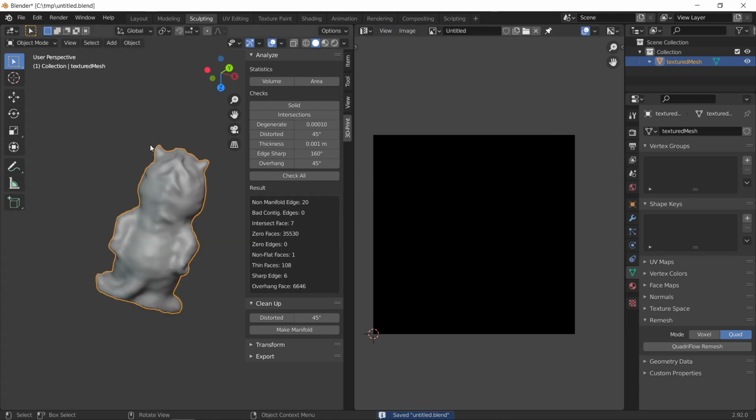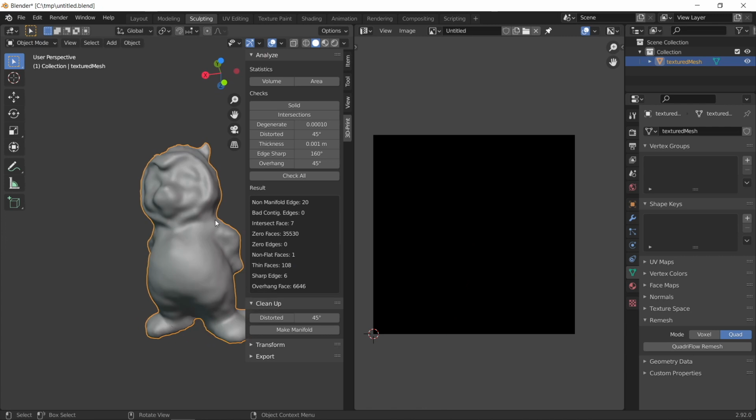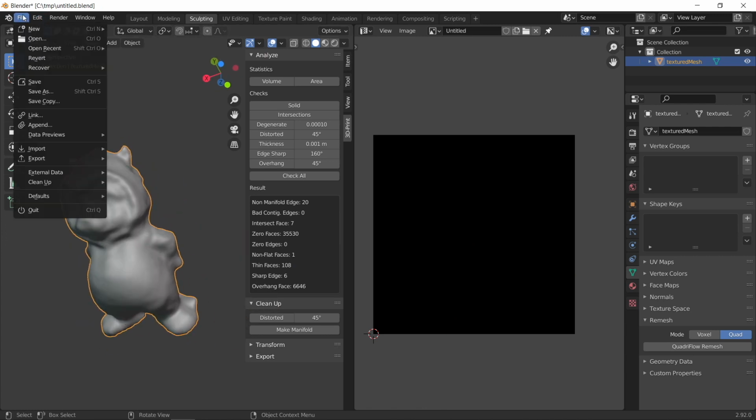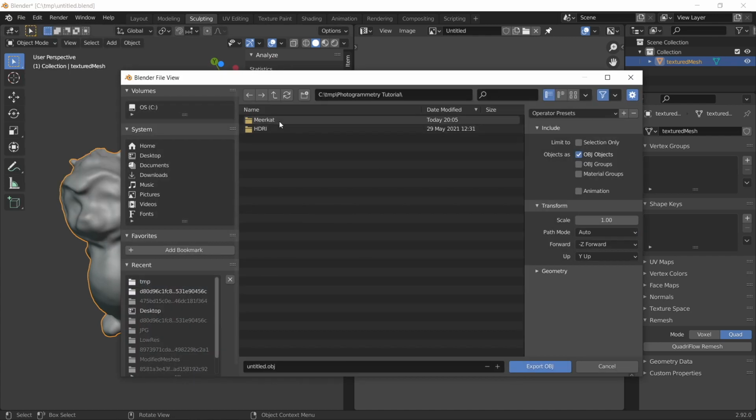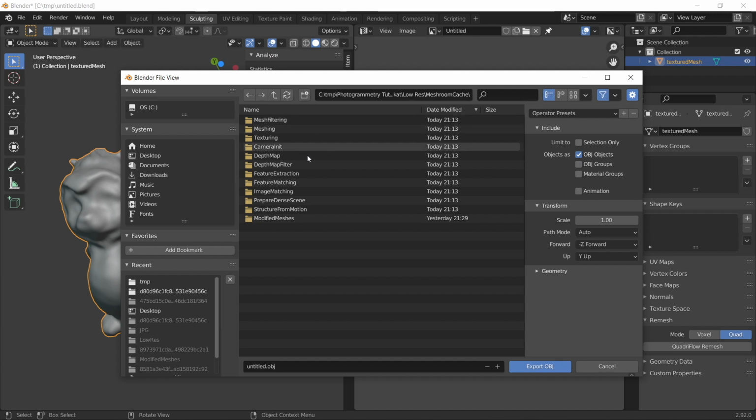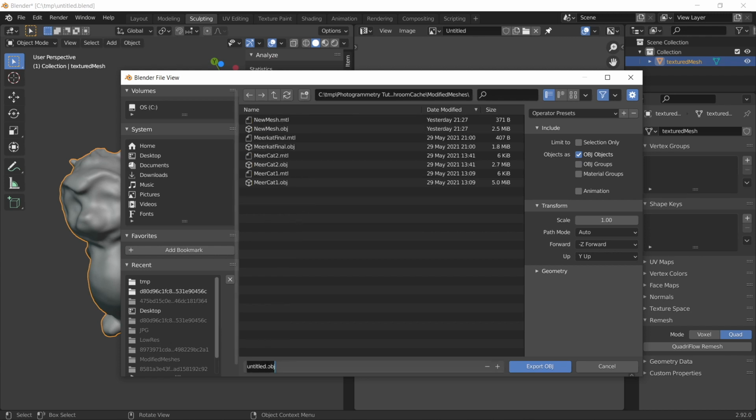And let's go out of edit mode. So you want to select your final mesh that you're happy with after you've re-topologized it and smoothed it, and go File, Export as an OBJ, and just save it. I'll just save it back in my original directory. So I've created a folder called Modified Meshes, and let's just call this Meerkat